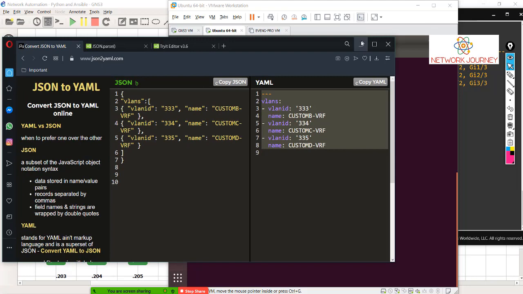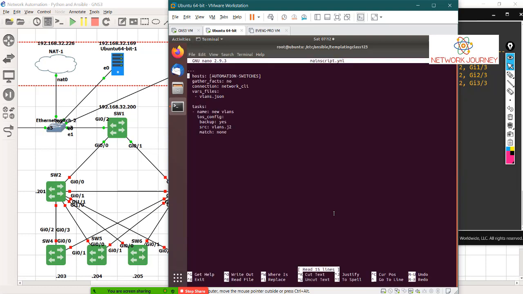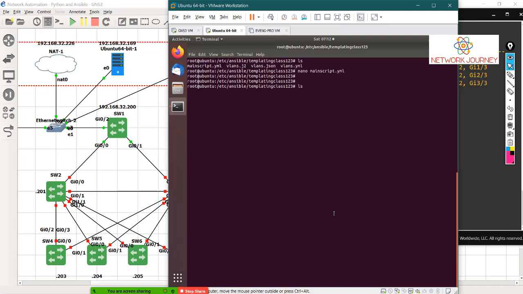Okay. So now I'll once again go back to my main script because I have to change something there. I say it's not JSON now, it's YML format. And yes, I cannot keep the same VLAN for the second try because that's already created. It's not going to make any sense, right? So we can change the value.